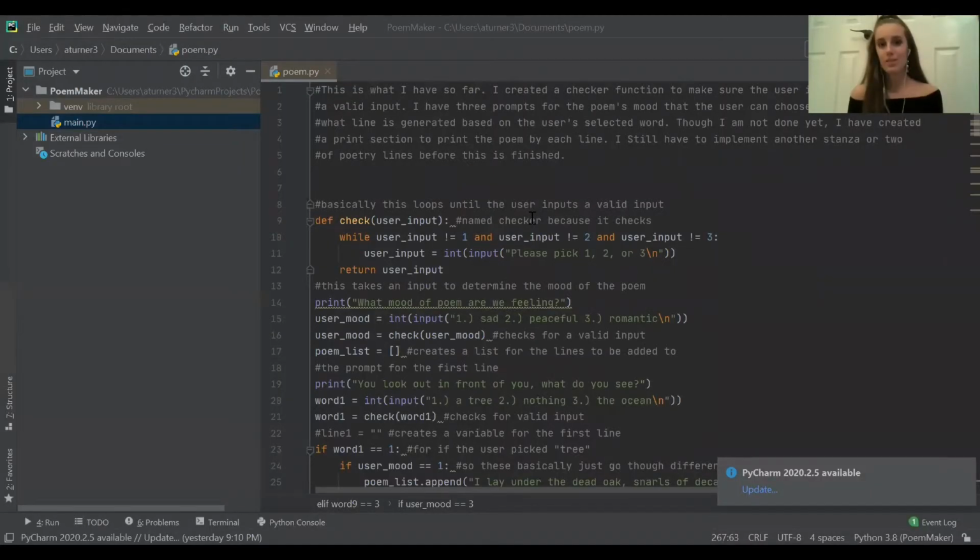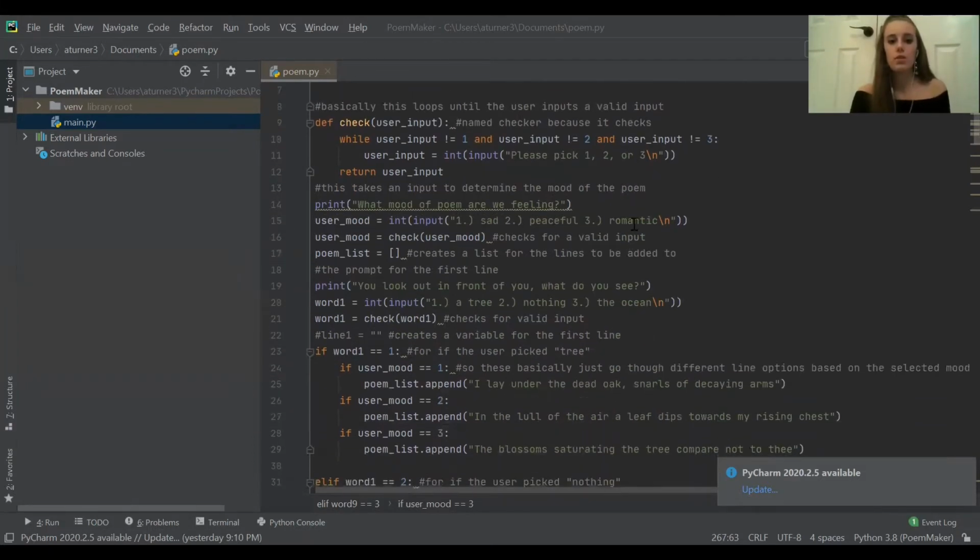Well, not exactly. What I did was I actually made a poem generating AI with 59,049 possible different combinations that a user can make using input. So there are 3 moods that a user can choose for each poem. With each mood, there's 19,683 different possible combinations that a user can create using the code.